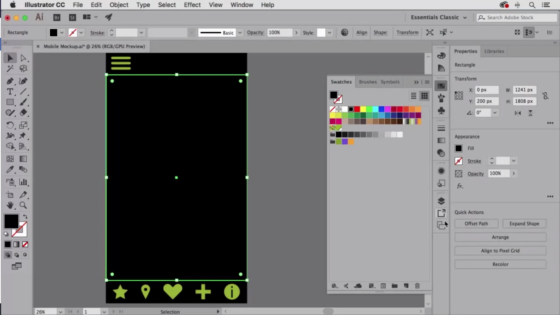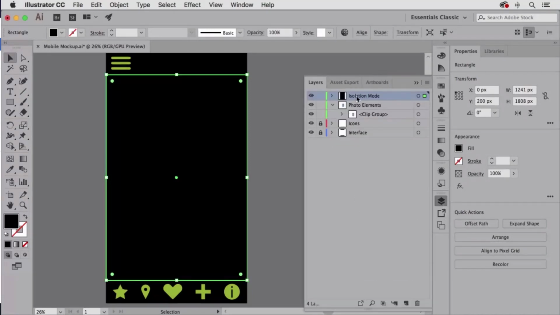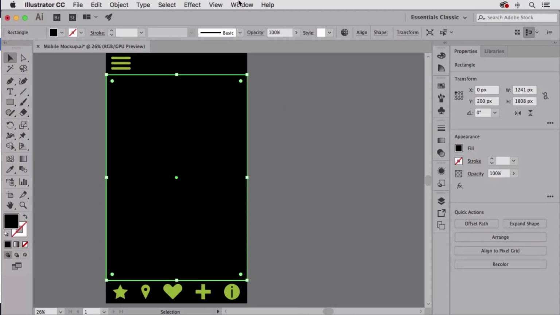And then you'll notice in the Layers panel, it created a new layer called Isolation Mode. I'm just going to move that onto the Photo Elements layer, and we'll delete that original Isolation Mode layer. That looks pretty good. Now, if I open my Transform panel,